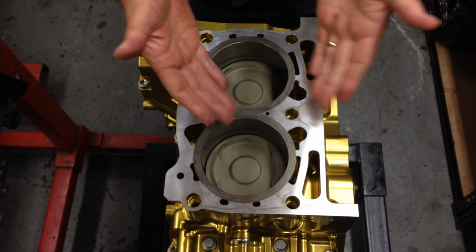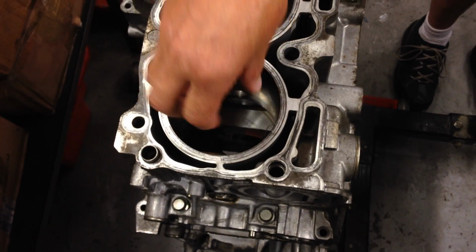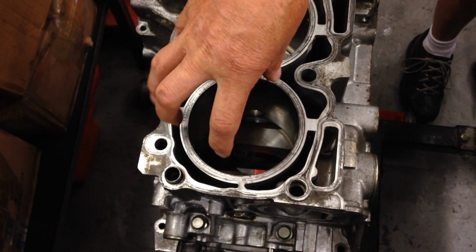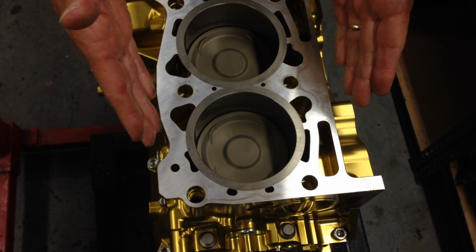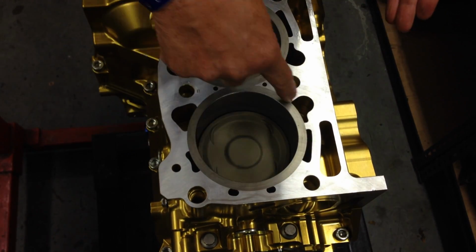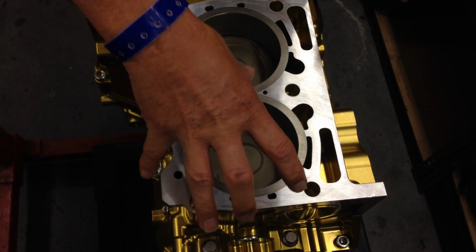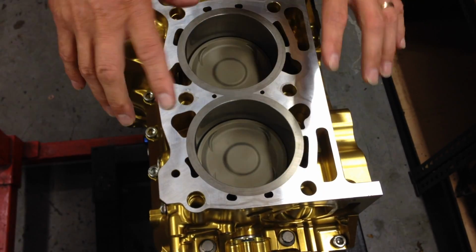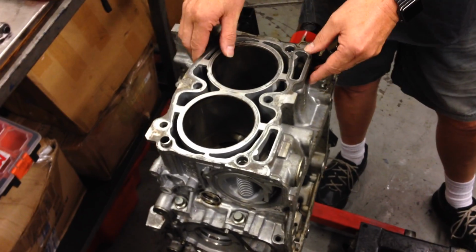You've got to either, in the case of Subaru, have a lining inside the aluminium for the friction material of the pistons and the rings to slide up and down, whereas on the billet block assembly, the typical only alternative is to go for cylinder liners, which are then inserted into the aluminium. Now, these liners are a common upgrade for an aftermarket assembly in this type of material with the original factory